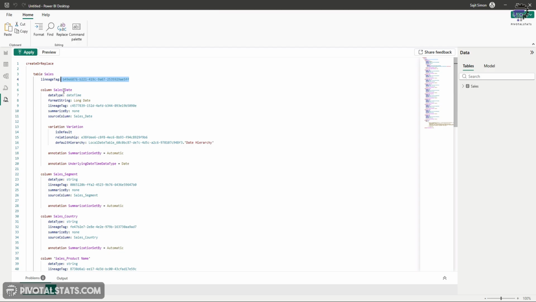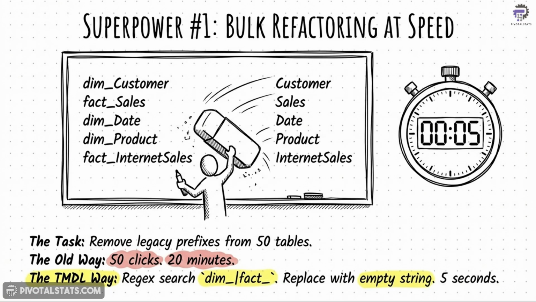And then it's simply saying column is sales date, its data type, format string, summarized by, source column, and so on, right? So these are all attributes or parameters that we can use within TMDL to manipulate or change something about the data. You don't have to run to Power Query to do that, right? Okay, so let's look at this and let's start with our first usage and first superpower of TMDL, which is